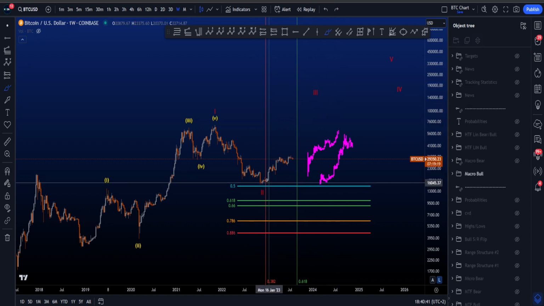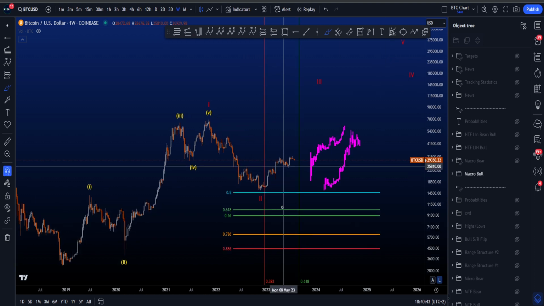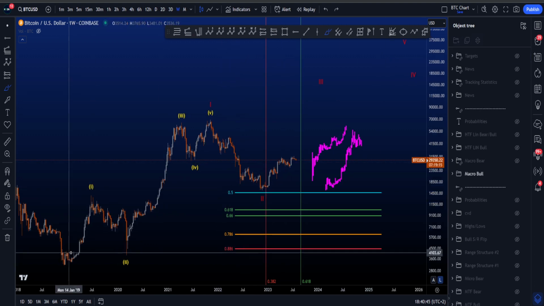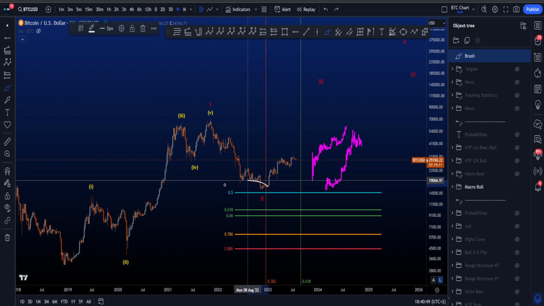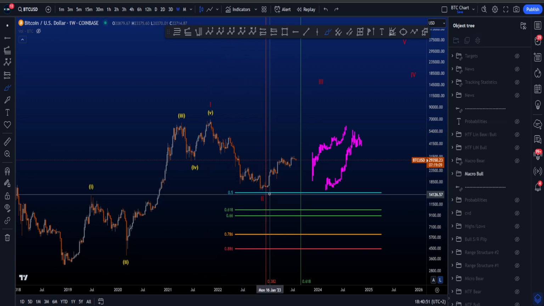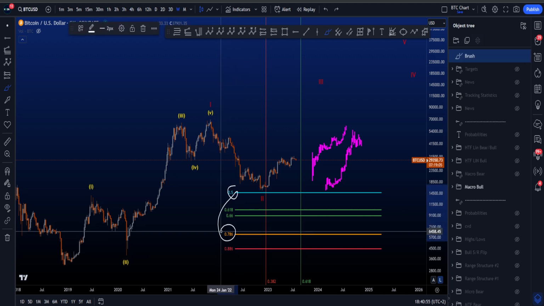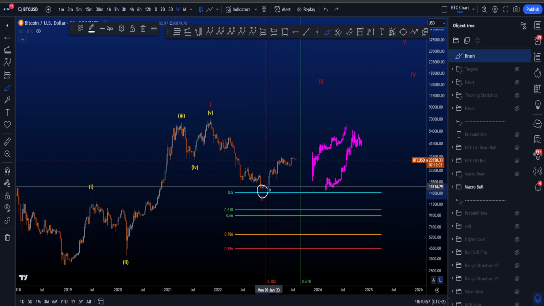Now you can see that the low of wave 2 has been made above the 0.5 Fibonacci, taken from the low to the all-time high, and that is not something you see very often, as the most common target for a wave 2 retracement is between the 0.5 and the 0.786,